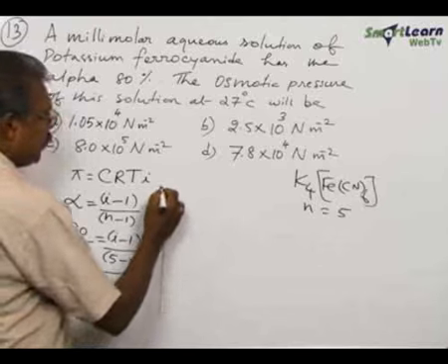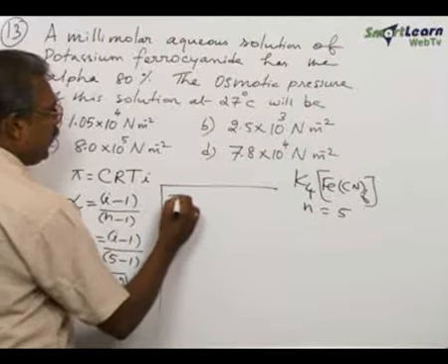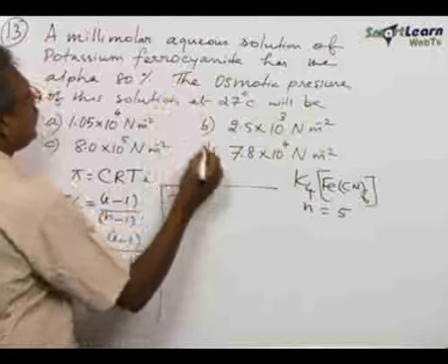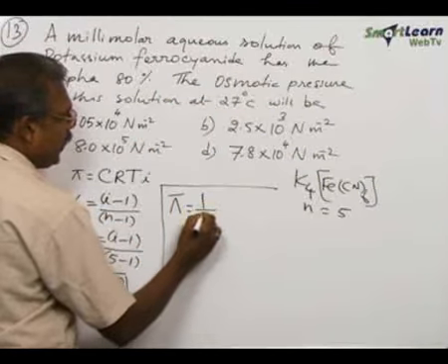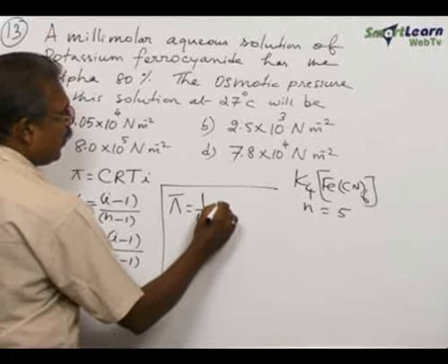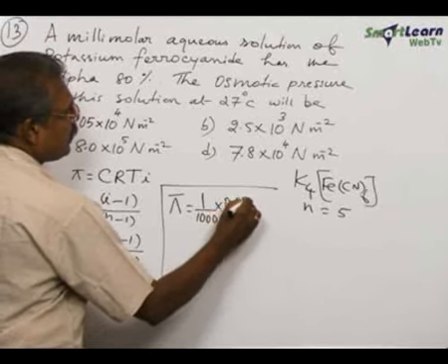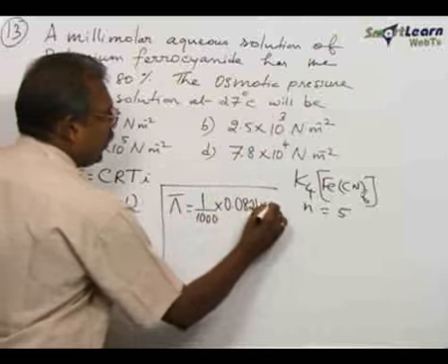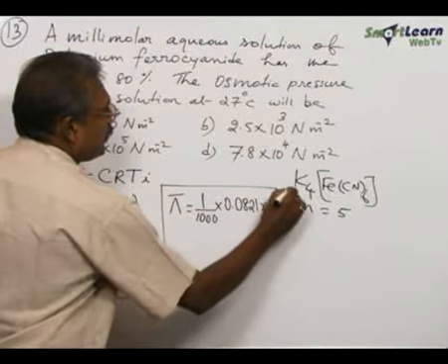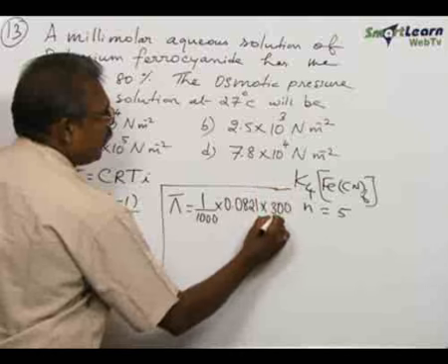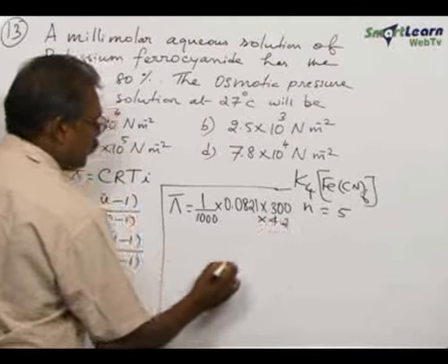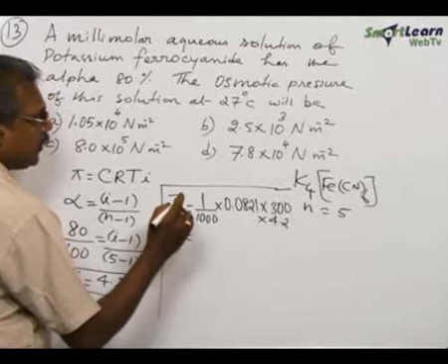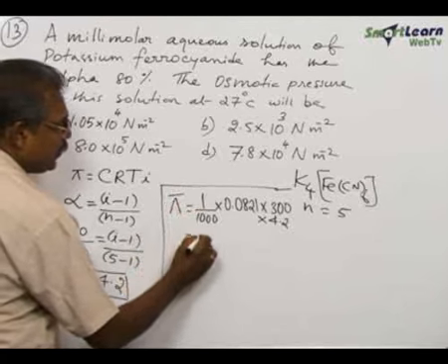Now the osmotic pressure pi is equal to C, the concentration, given as millimolar, therefore 1 by 1000, into R, 0.0821, into temperature 300 Kelvin. Now the same thing would be multiplied by the Van't Hoff factor 4.2. So we have now the osmotic pressure in atmosphere only, that is